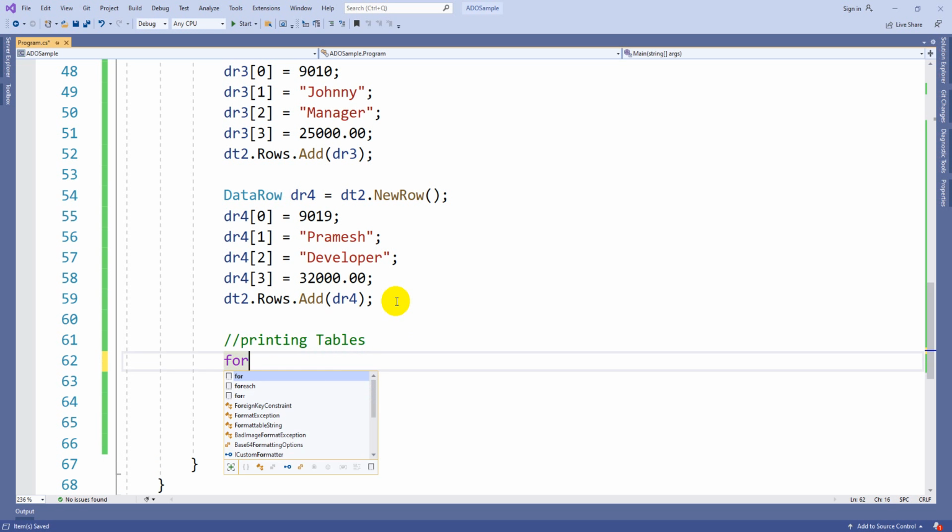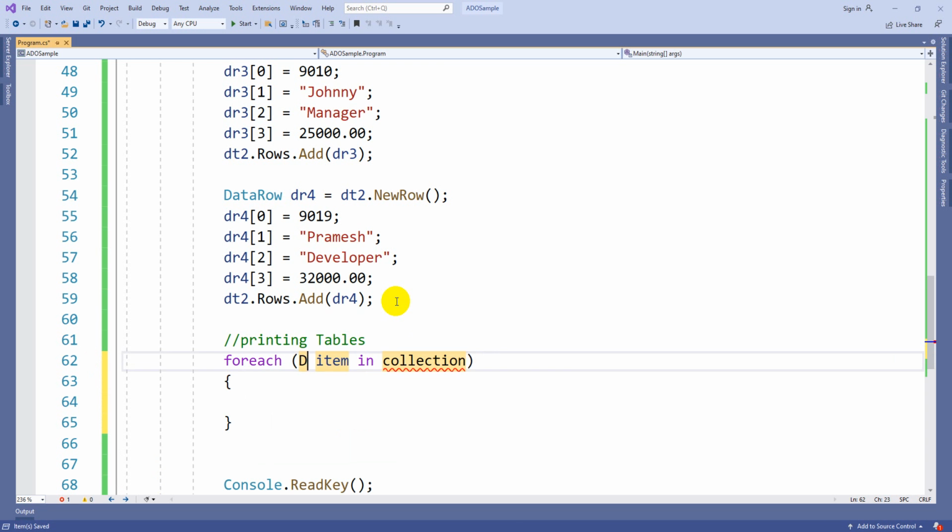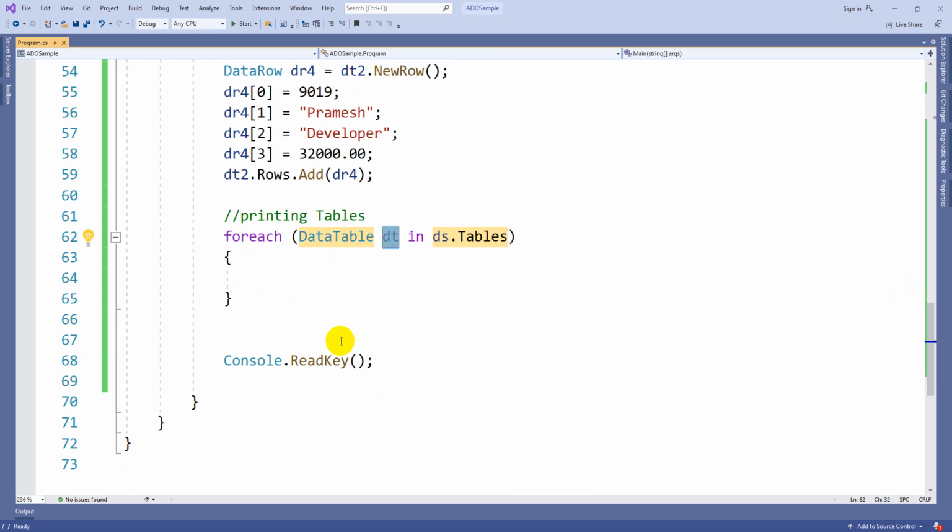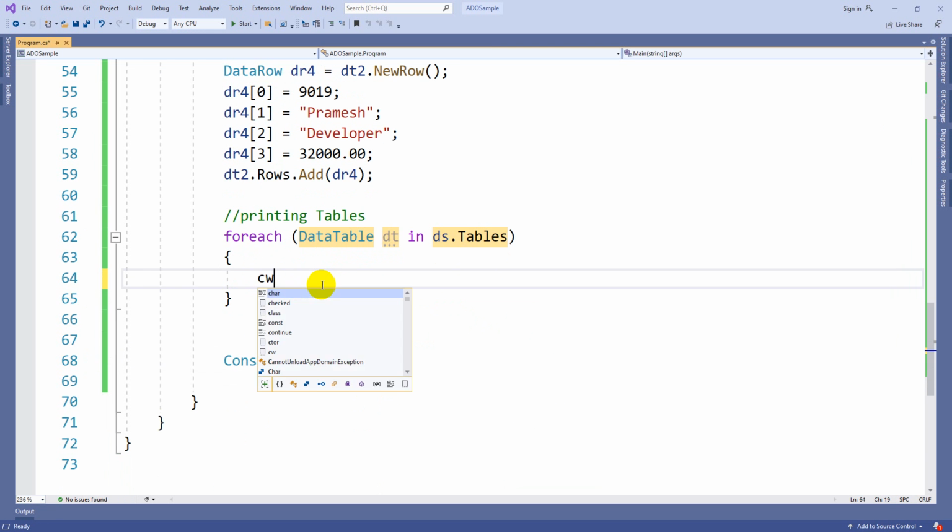So now for each DataTable dt in ds.Tables, from the data set, one table at a time you will get into this dt object. Now let's print their table names first.